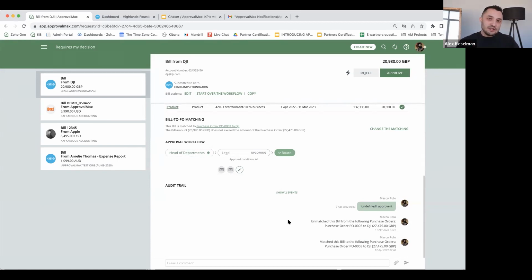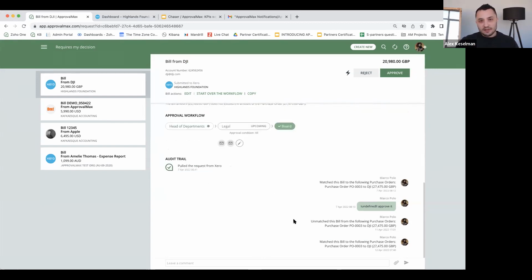For all the changes and all the comments that we are making for each and every request, they will all be stored here under the audit trail. That is sort of like a history log for us. We can always see that someone made certain changes or made a comment. And if we would like to collaborate with the team of our approvers, we can use the commenting box here at the bottom,